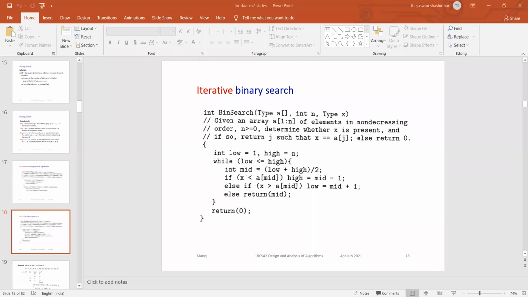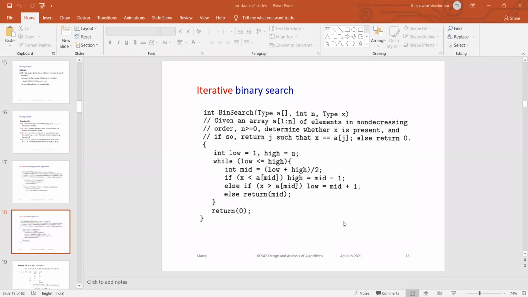Where is high? So where is the high? I'm just asking you, no minus nothing. Okay. So low is the first element. Low is in which part? It is in the left part. So where is the high? High is in which part now? It is in the right part.